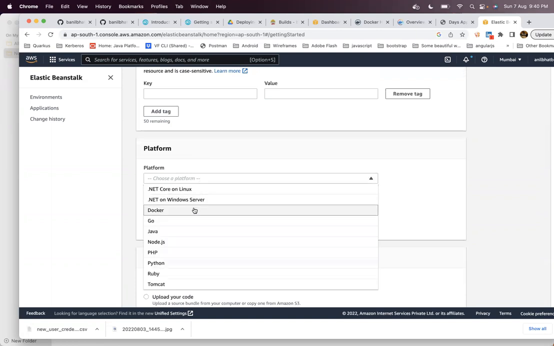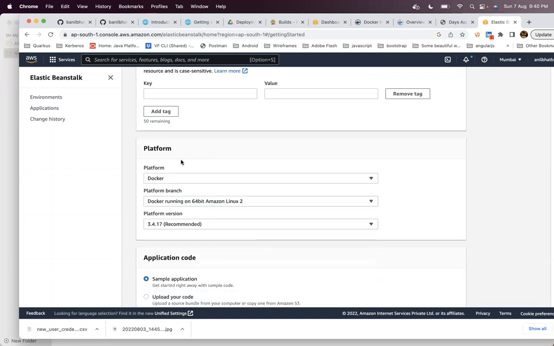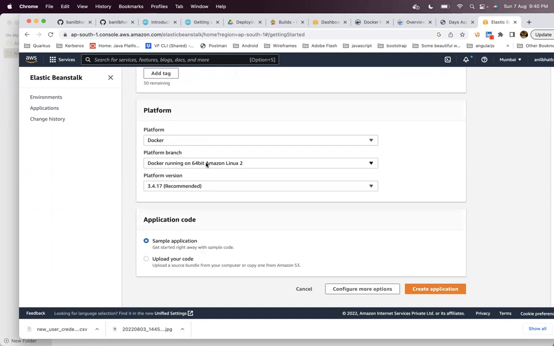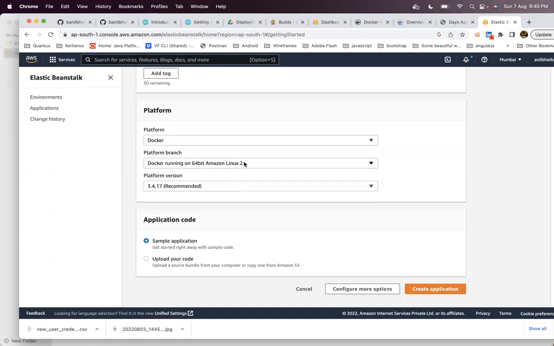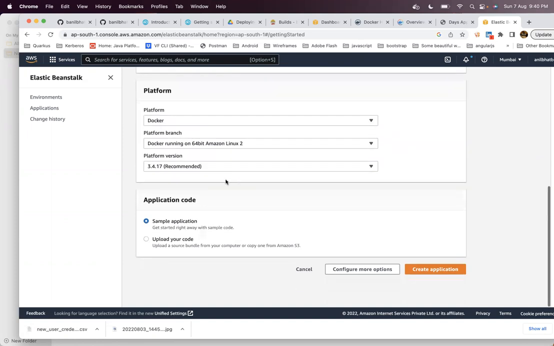We are deploying a Docker application. We are going to run a Docker application on a Linux machine. So Docker running on 64-bit Linux 2. This is what we are going to run, and we will just go with the recommended version that AWS gives to us. We are using 3.4.17 as the recommended version.